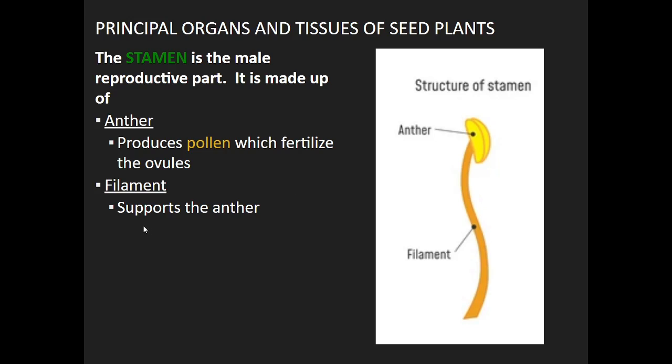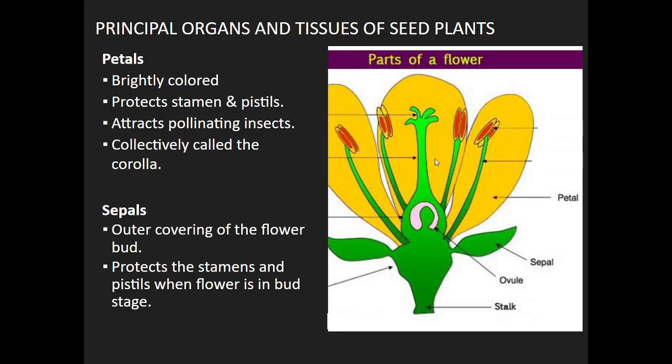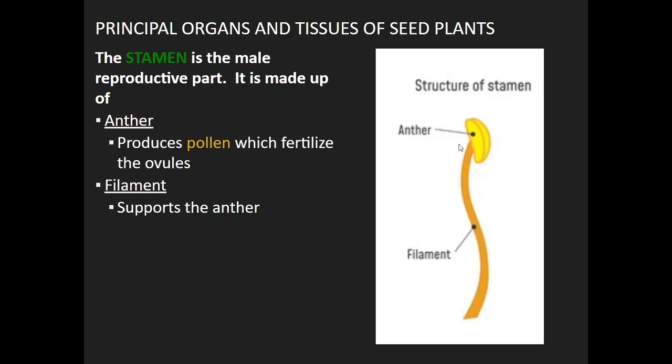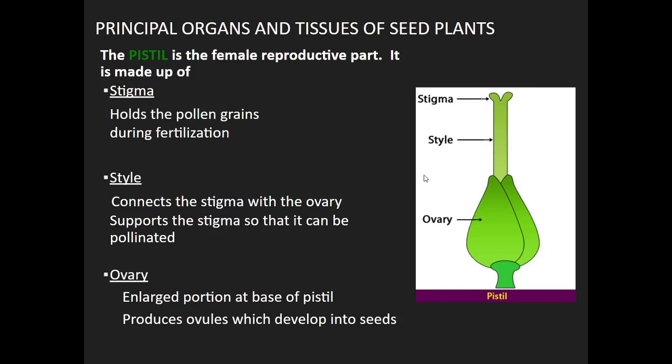Okay. The filament then holds the anther up, because remember, the whole goal here is that a bee climbs down in there. Down here, it's looking for the nectar that's secreted down here by the sepal. But while it's down there, it rubs itself all over these anthers, and the anthers then get the pollen all over the bee or the bird. The hummingbirds do this too. And then they fly off and they go to the next one. And in that case, we hope that the